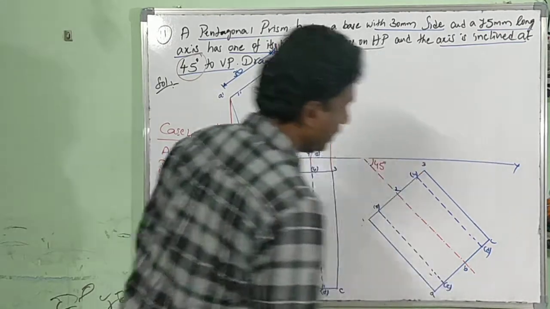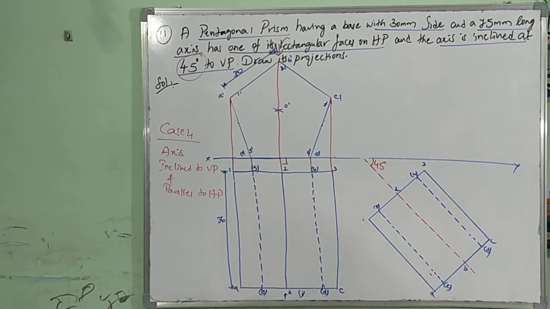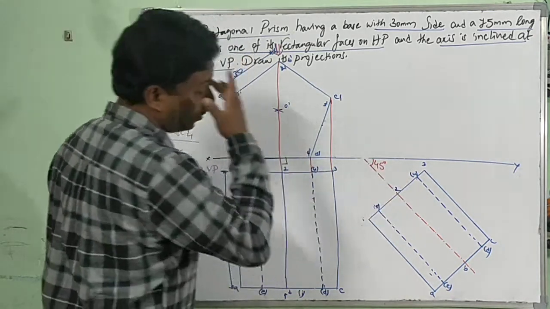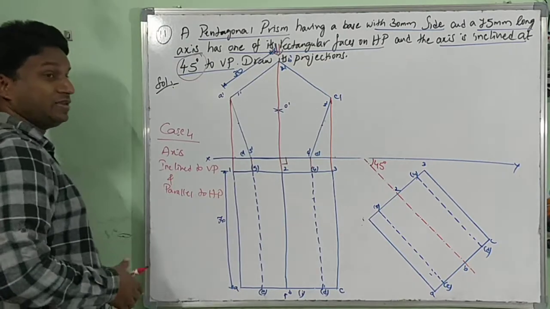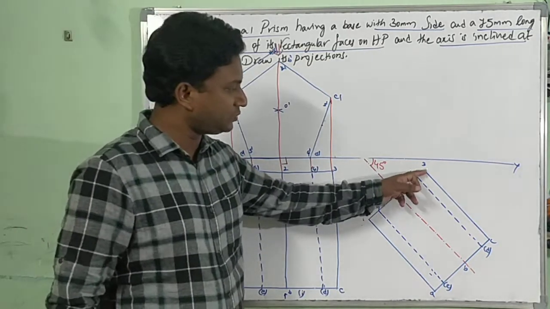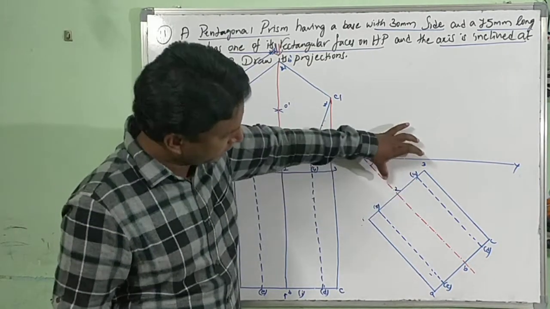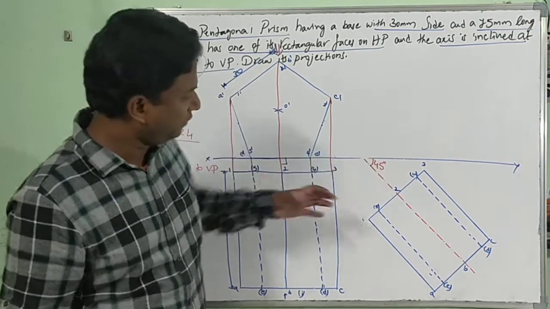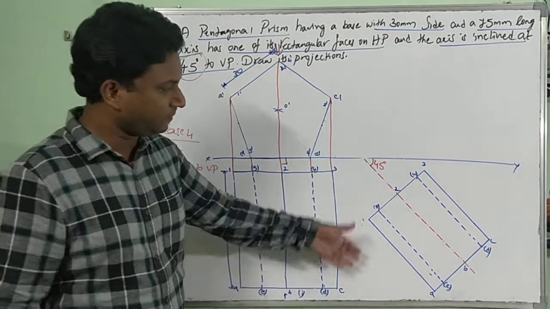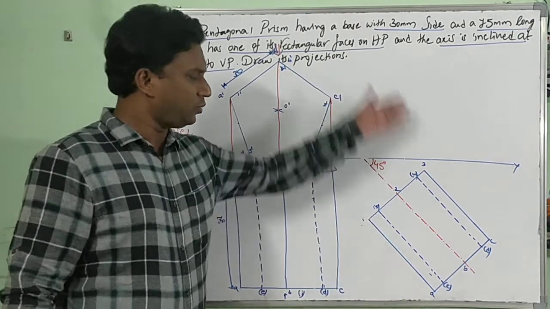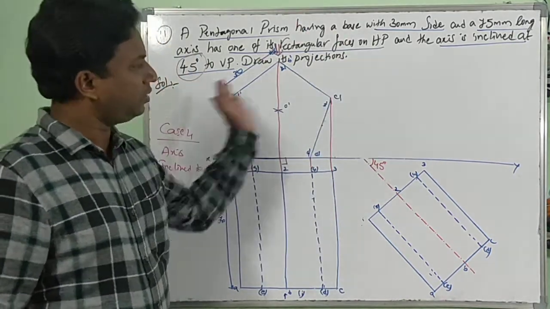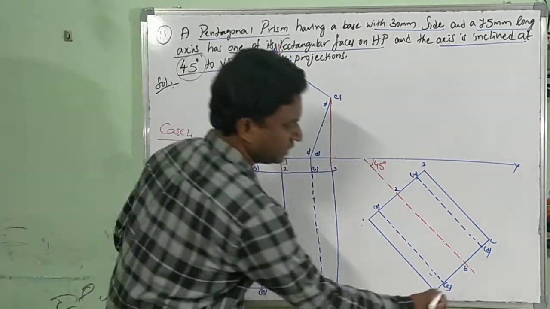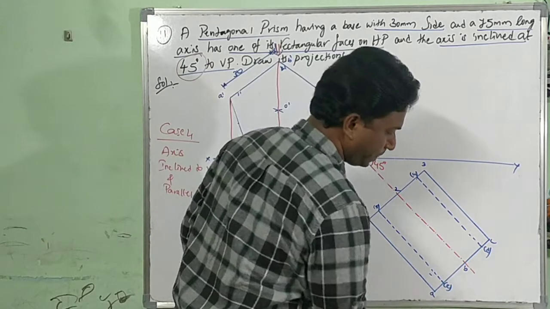See, I have not done anything extra, but simply rotated this at an angle of 45 degrees. Previously, I explained a few problems where this point should be in contact such that half the length touches here and the remaining half comes here. Whereas here, there is no such condition. Now, just simply project lines to the top, projectors from the front view to the second stage. This is stage 2.